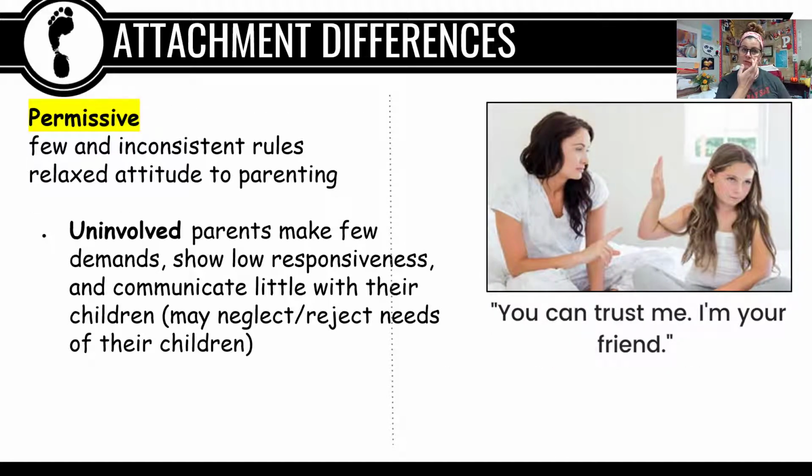The other type of parent would be a permissive parent, where there are very few and inconsistent rules and a very relaxed approach to parenting. Some might say that a permissive parent is uninvolved. Whether it's a choice or not, we don't know. But sometimes uninvolved parents make very few demands, and they show a very low responsiveness, and maybe they fail to